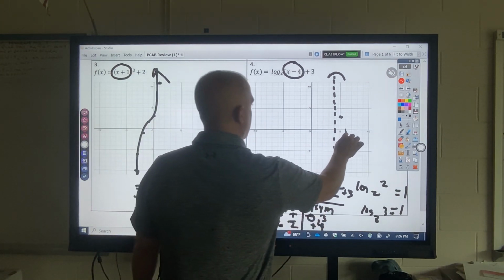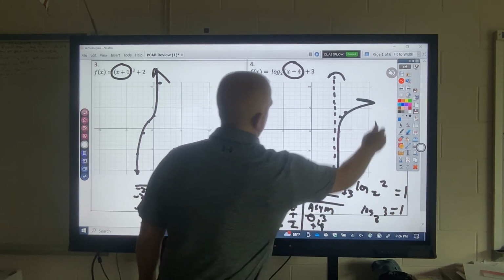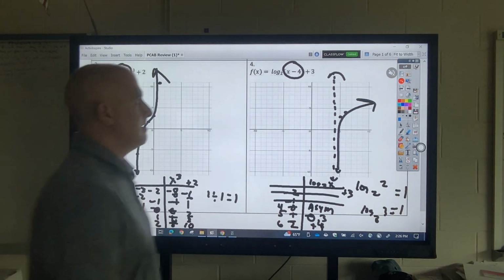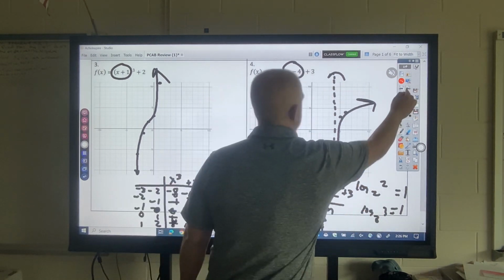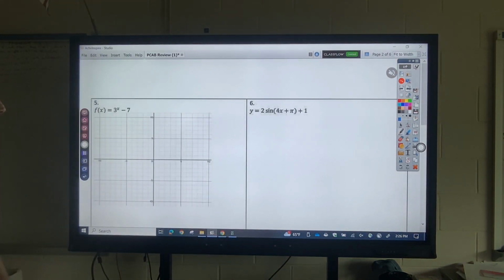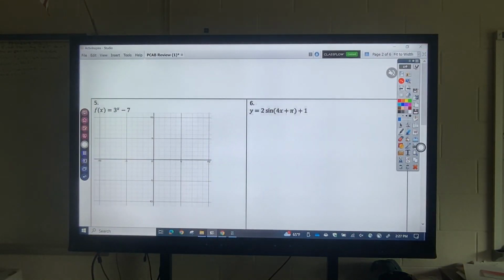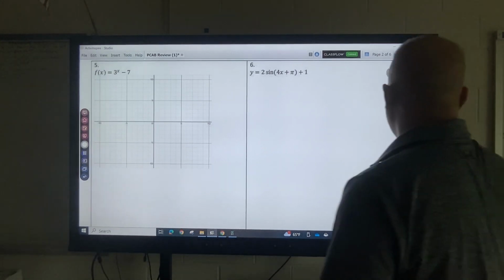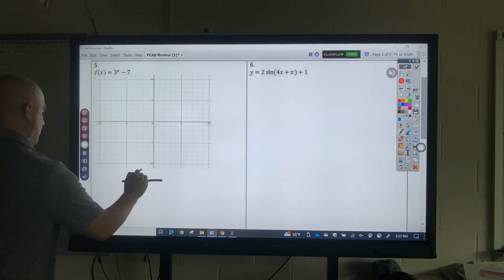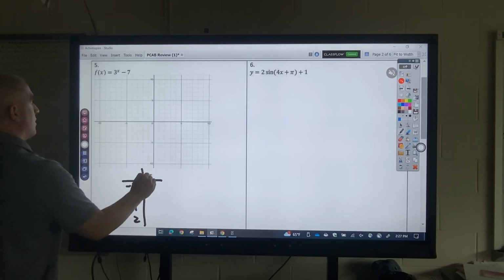6 over, 4 up. So this is what it looks like here, and it just levels off, okay? All right, so if you have a base 3, you would replace that with a 3, okay? All right, that's an exponential one, okay? So what I would do with the exponential graph, okay, -2, -1, 0, 1, and 2, 3 to the